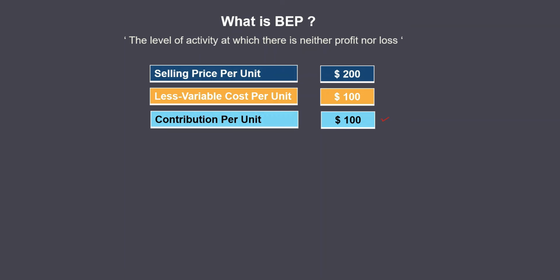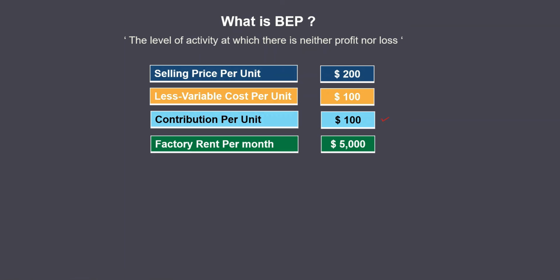Now let's say this particular unit is produced in a factory, so the company will have to pay a factory rent. Factory rent will be a fixed cost because you need to pay that cost every month in order to run the production process. So let's say the fixed cost, or the rent of the factory, will be per month